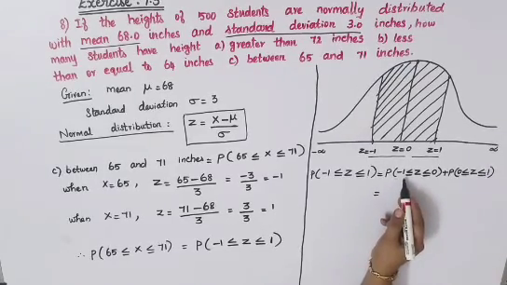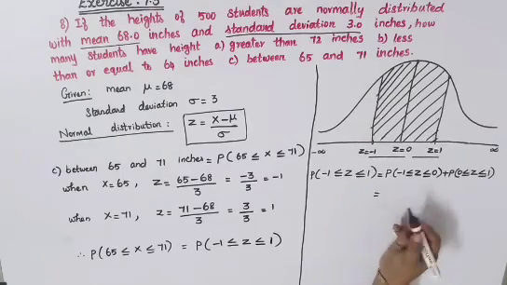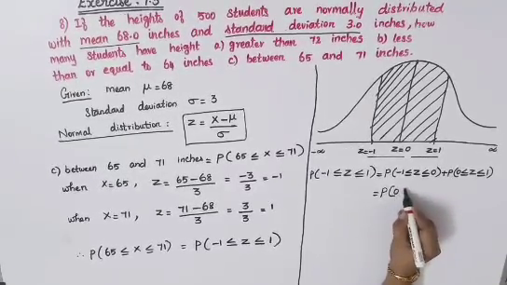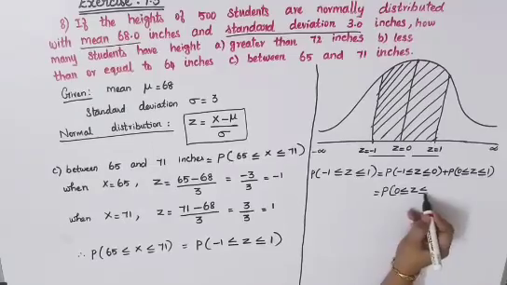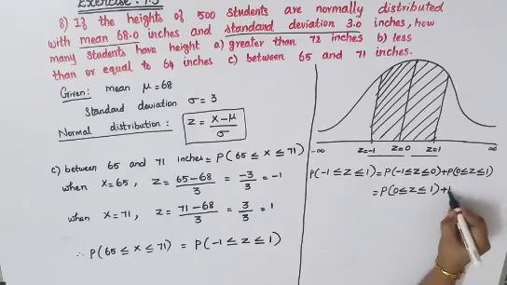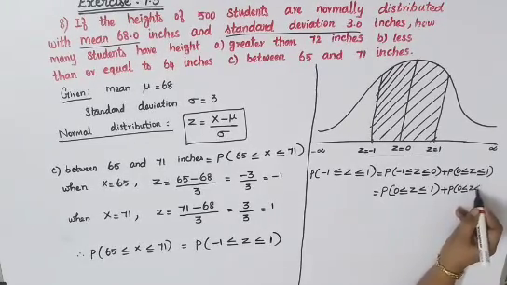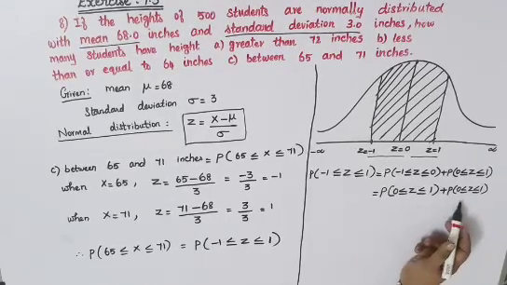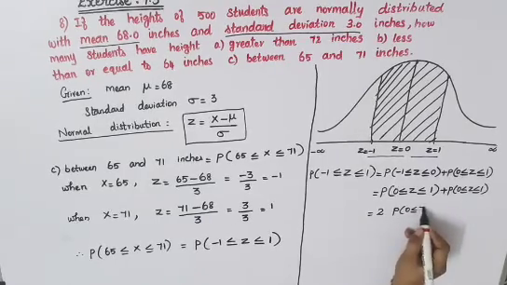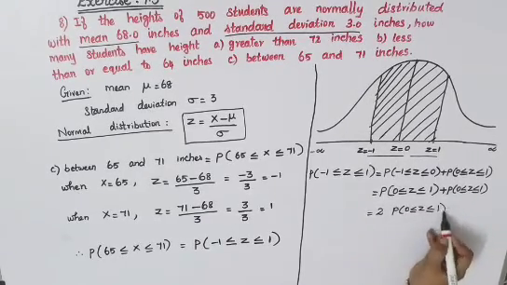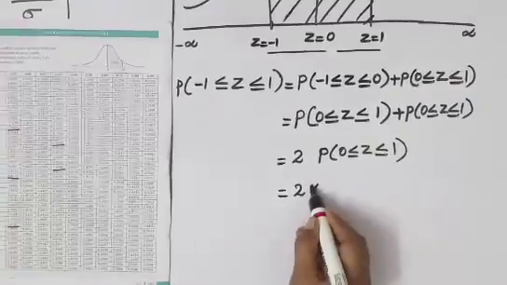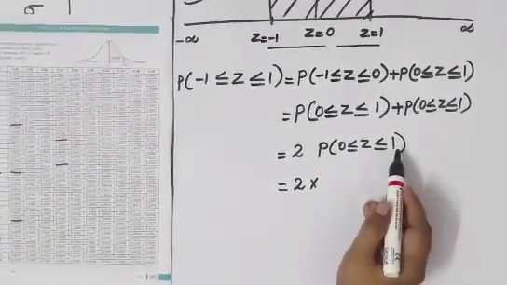Since we have got negative value here, we will have only positive value in the normal distribution. Okay, so you can convert it to positive value, that is P of this 0 will come here, less than or equal to z, again same less than or equal to, minus 1 will come this side as plus 1. Plus the second part is there as it is P of 0 less than or equal to z less than or equal to 1. Now we can see both are same, so I will just write it as 2 times P of 0 less than or equal to z less than or equal to 1. Now you will have to find this value in your normal distribution table. Okay, equal to 2 into, now for 1 we'll have to get the value in your normal distribution table.